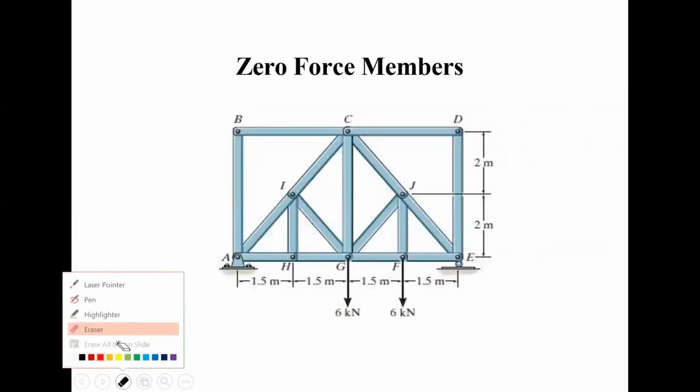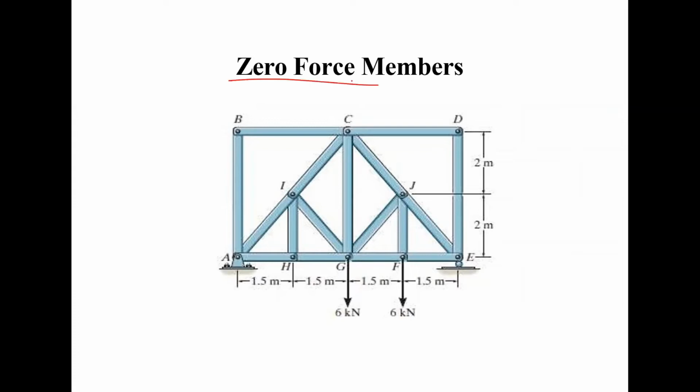Then we used these shortcut rules to find the zero force members in this particular truss problem. And we found that this member, this member, this member, and this member are carrying zero forces, because if you consider the joint B, then two forces are acting, one along BC and another along BA. We have already studied that if only two forces are acting on a joint and they are not acting on a straight line, then these two forces will be equal to 0. So we can directly put them 0. Similarly, these two forces are also 0.